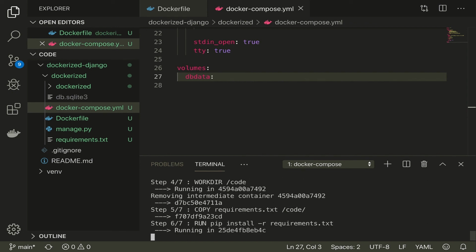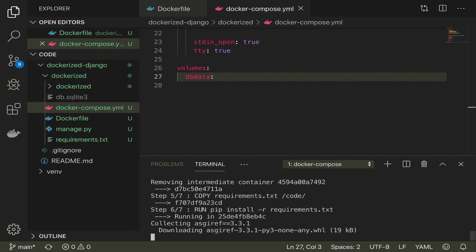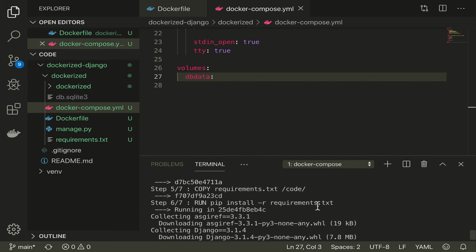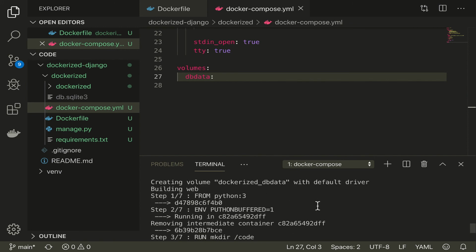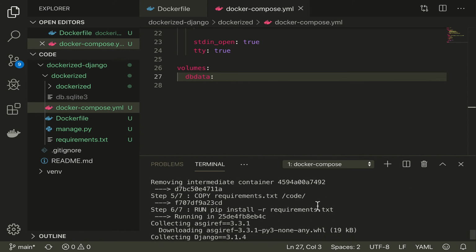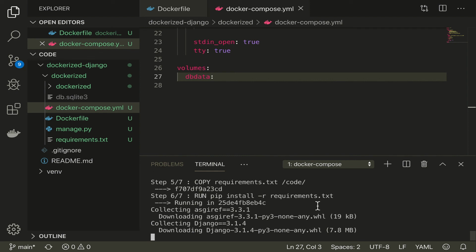Now as we can see, my containers are being built. And this is the web one, wherein all the steps defined in the Dockerfile are being followed.